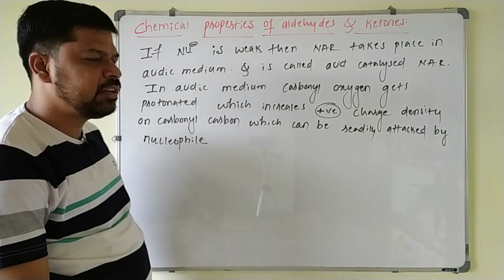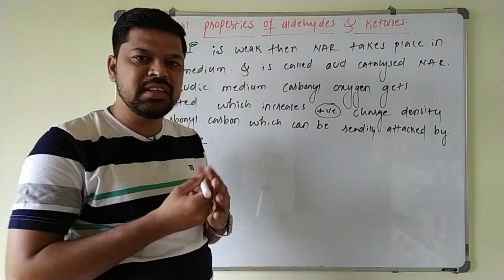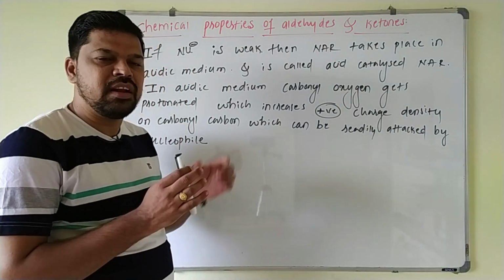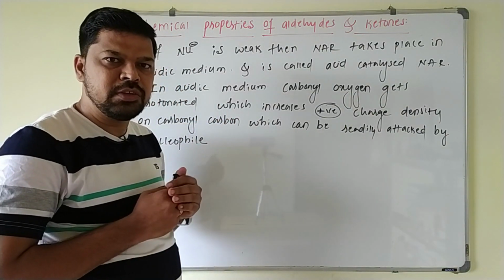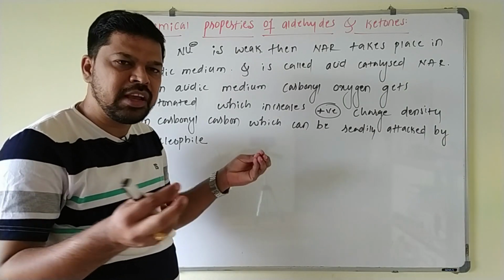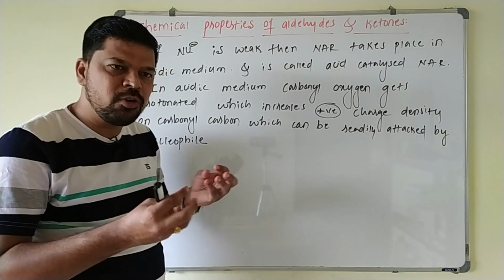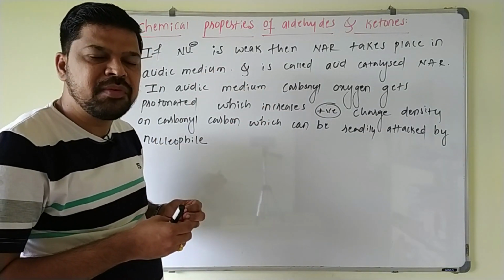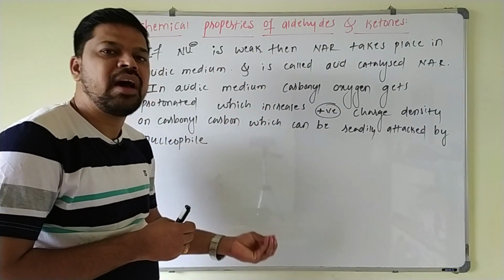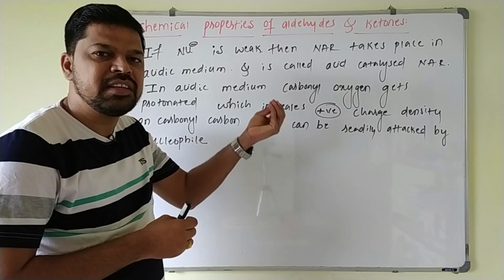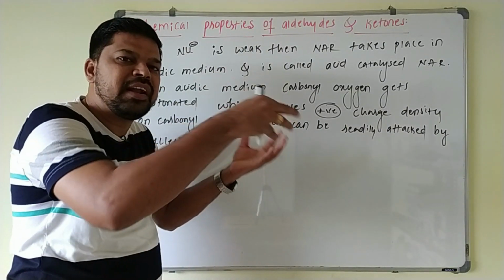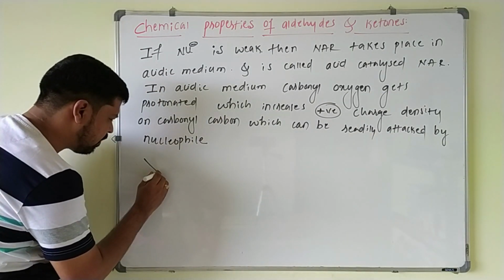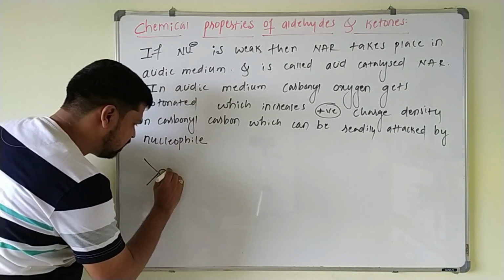So we already know that a weak nucleophile cannot attack the carbonyl carbon, because both are weak here. The carbonyl carbon has only a partial positive charge and the nucleophile is also weak, so they cannot attract easily. In order to make them attract easily, we use acidic medium. In the acidic medium, the positive charge density on the carbonyl carbon is increased, so that it can be easily attacked by the nucleophile. See here, weakly acidic medium is preferred.